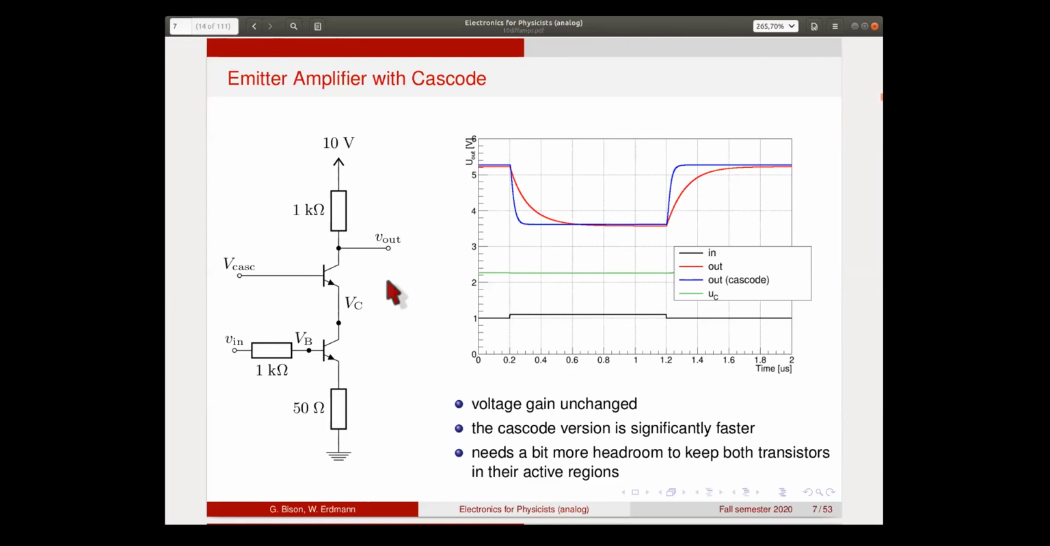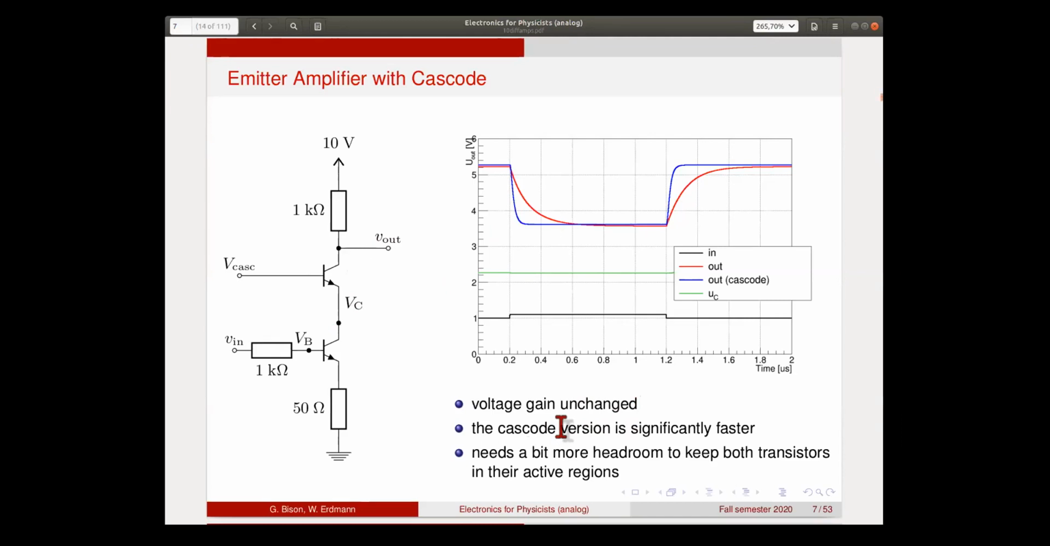And as you can also see, the voltage here, the cascode node, which is shown in green, makes a very, very tiny step only. So almost nothing happens here. All the action is at the output. The gain is essentially the same that we've seen before, but the amplifier is significantly faster than it was